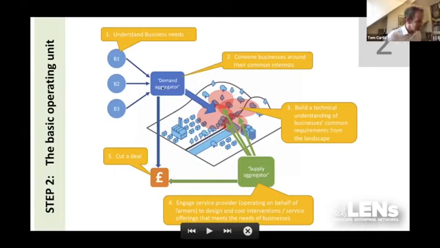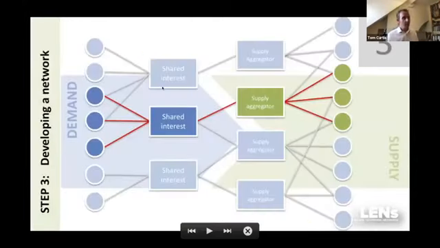So that's the second phase of Lens, essentially building the first value chain. And beyond that, we build multiple value chains. We bank that value chain, we transact it, we get it working, and we augment it, and then we can deliver other different functions from the landscape, different commonalities of interest around different assets, and build up a network of trades, essentially, for a range of different services, and for a range of different clients and sectors.